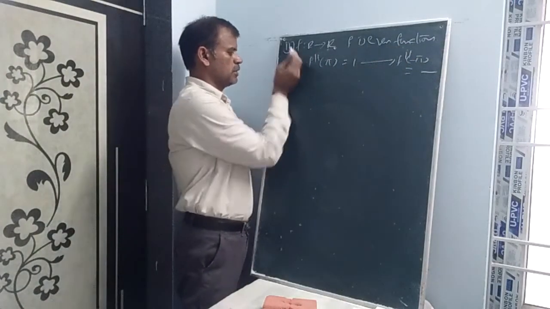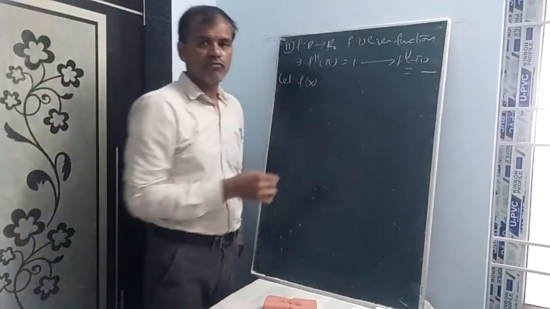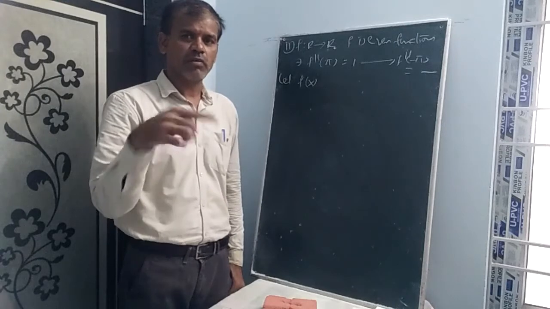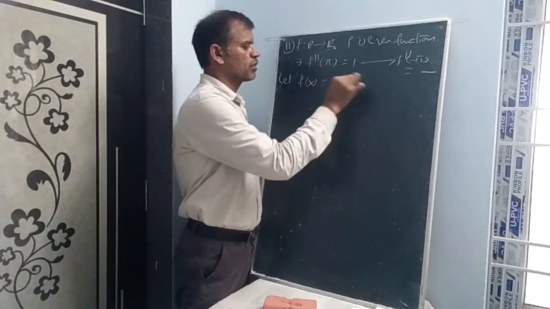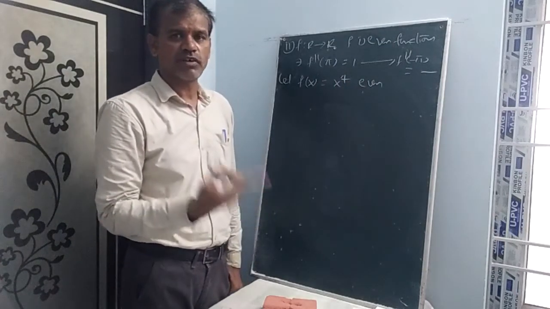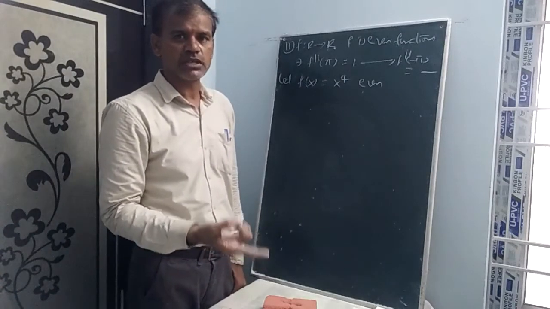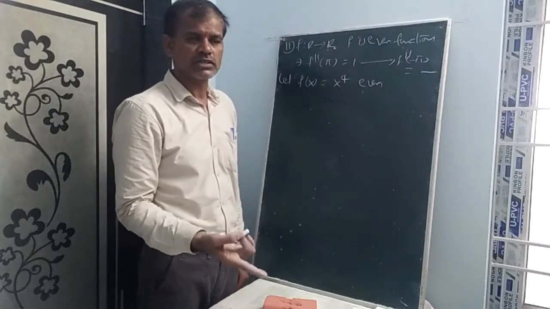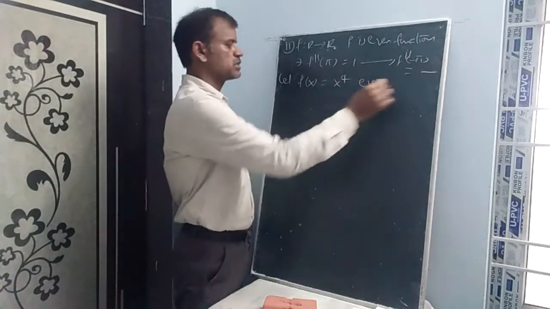Here you can understand one thing. If f of x is an even function, then f dash x is an odd function, and f double dash x is an even function. So take f of x equal to x power 4. I am thinking this is even. Even function means if you substitute f of minus x, you will get f of x. A function f from A is said to be an even function if f of minus x equal to f of x. The function f is said to be an odd function if f of minus x equal to minus f of x. So here f of x equal to x power 4 is even.